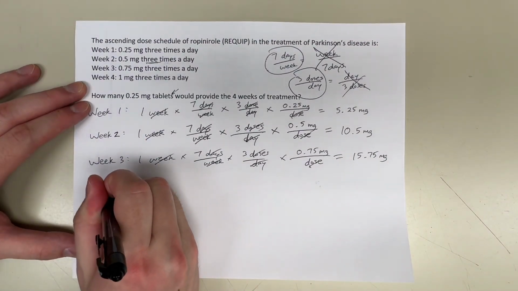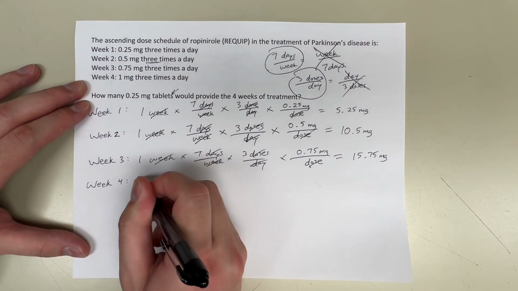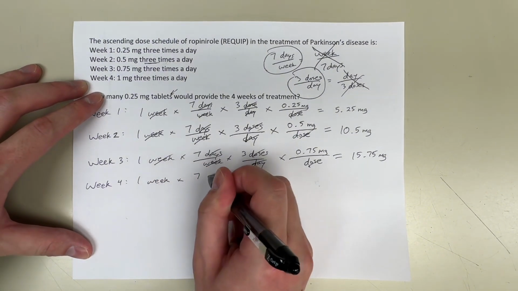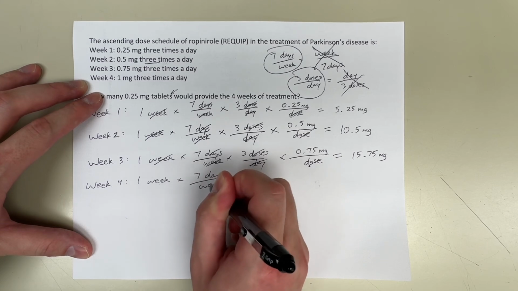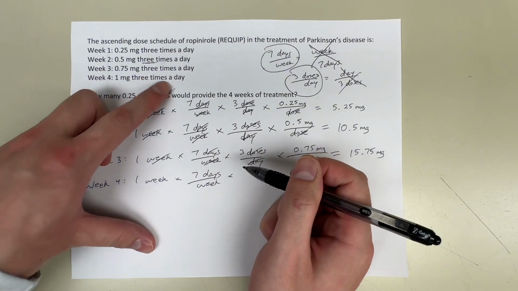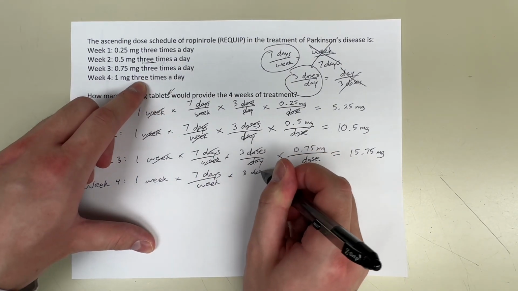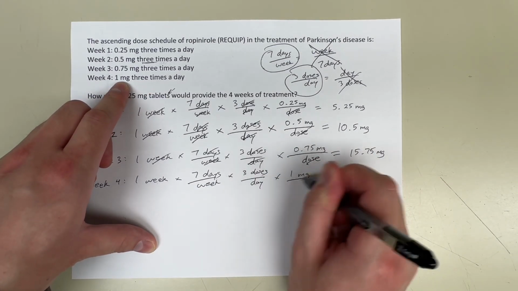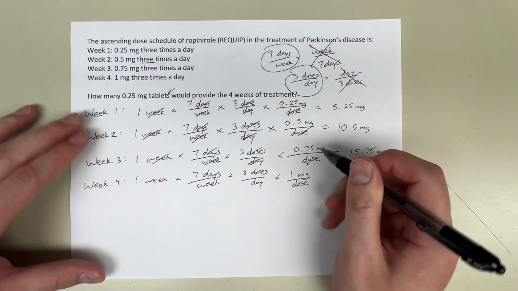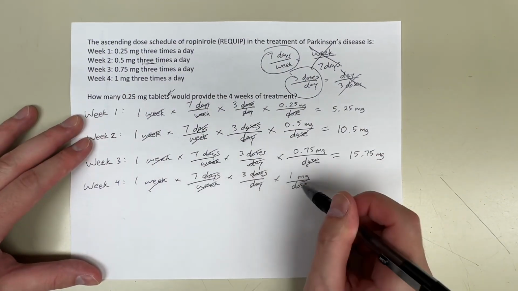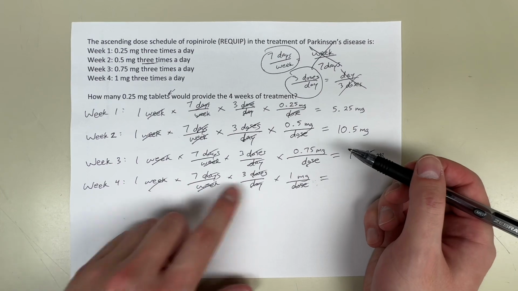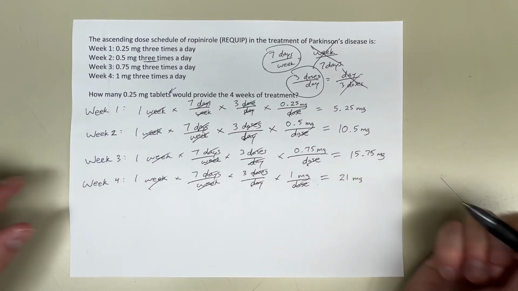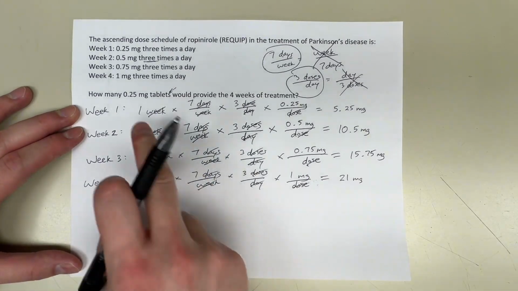So now week 4. 1 week of doses, so 7 days per week. Same thing, 3 times a day, so 3 doses per day. And each dose is 1 milligram. Right? 1 times 7 times 3 times 1. That equals 21 milligrams. And now I want to calculate